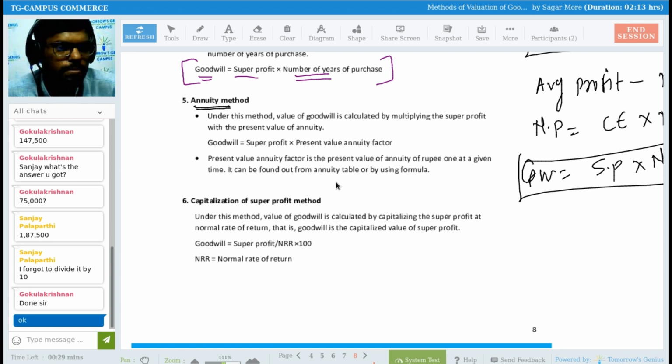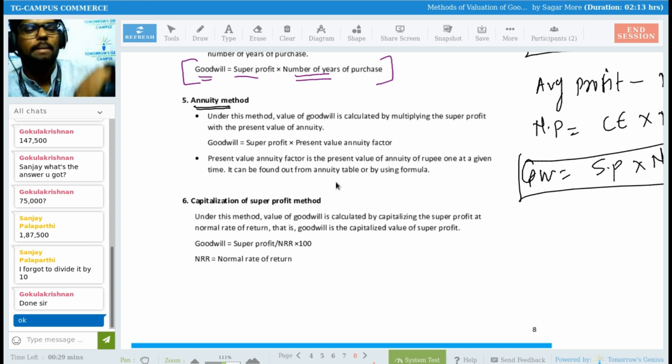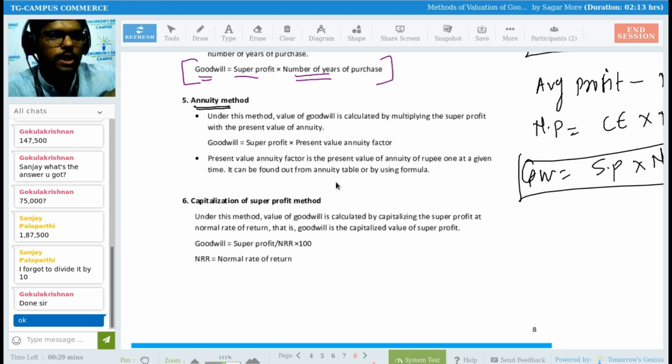Have you studied? Okay. So what is annuity? What is present value? What is future value? Sir, today I have 50 rupees in my pocket. Right? 50 rupees in my pocket at present. Sir, the value of this 50 rupees will not be the same in the future, after 2 years. It will change, no? Obviously it will change.